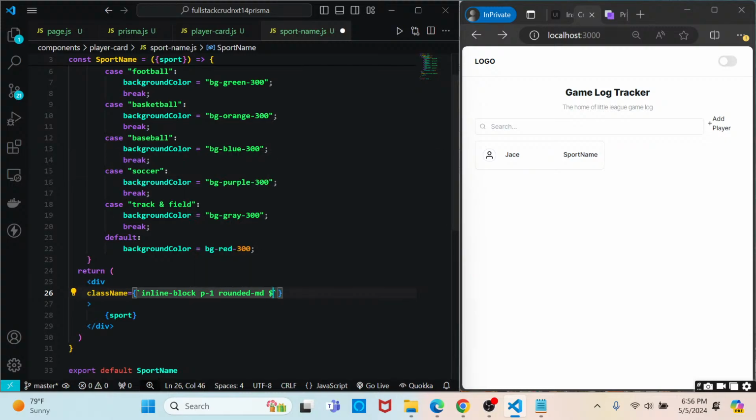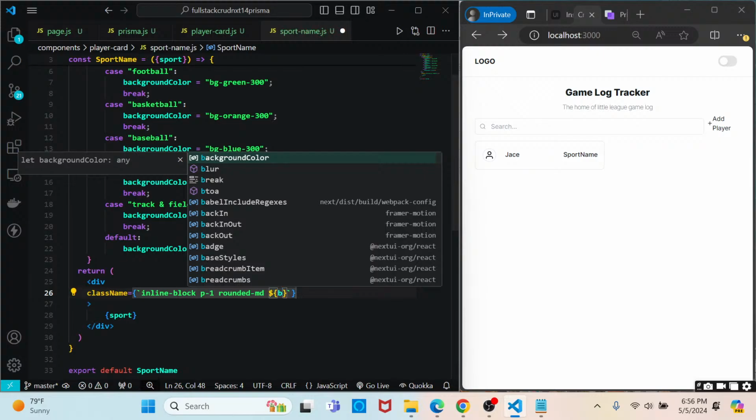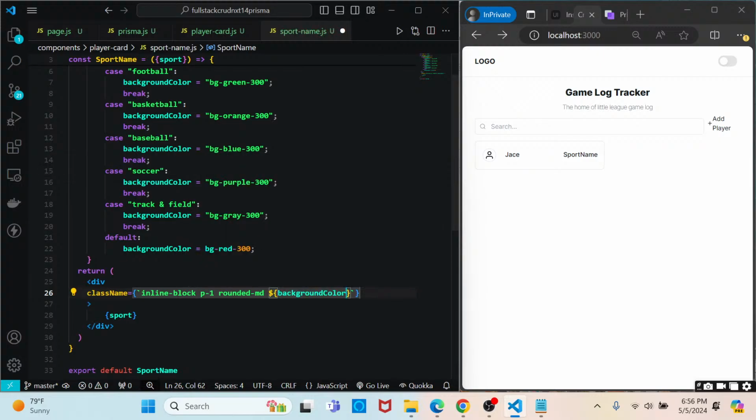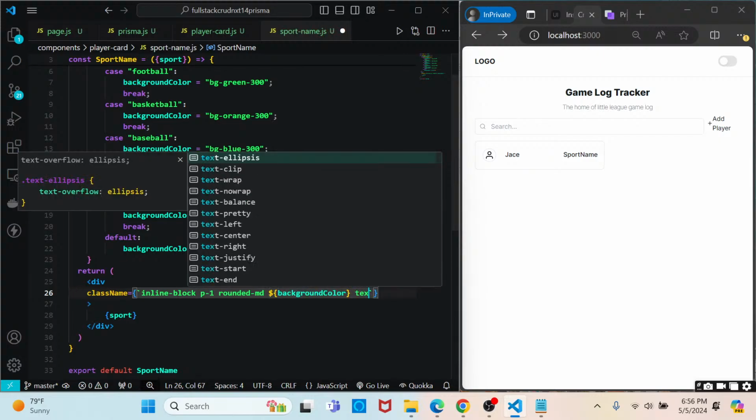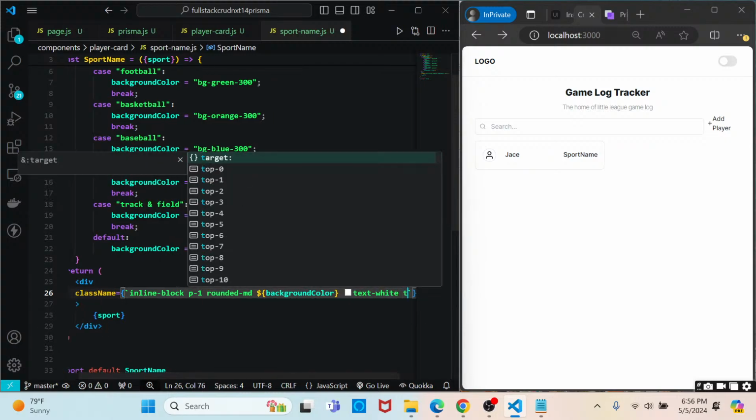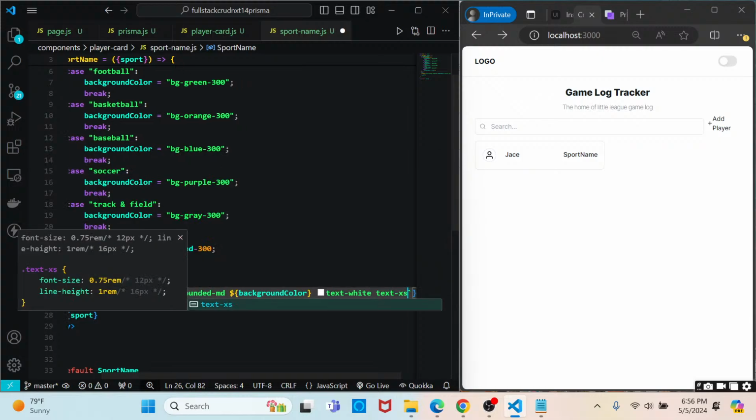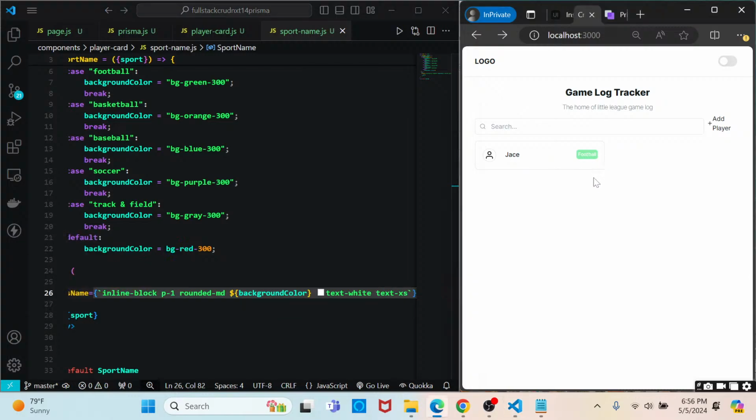And here we're going to say background color, and that's what will be passed in dynamically. I want the text to be white, and I want the text to be extra small. So if we save it, we see that football now has a background color of the green 300 that we